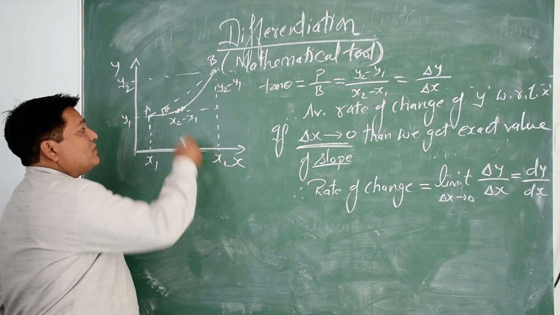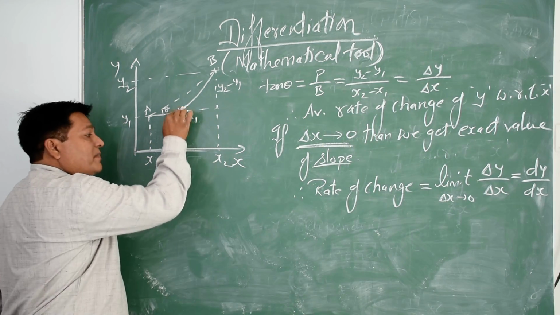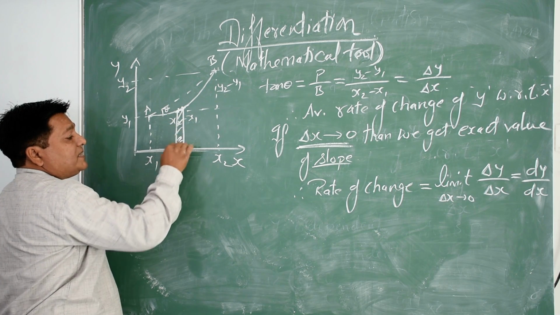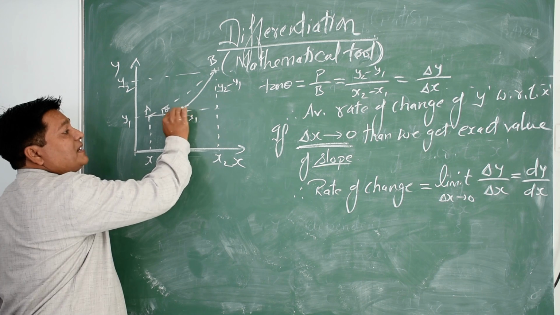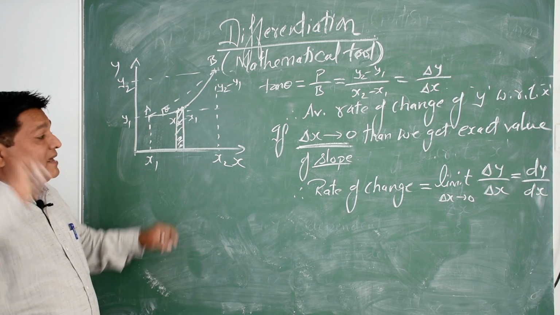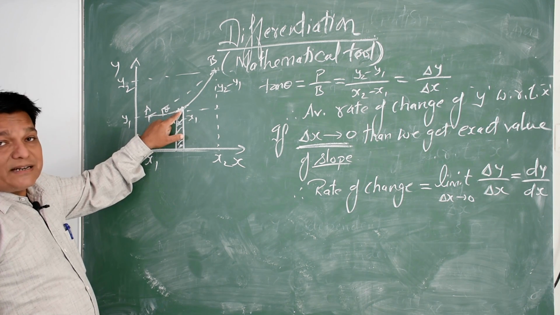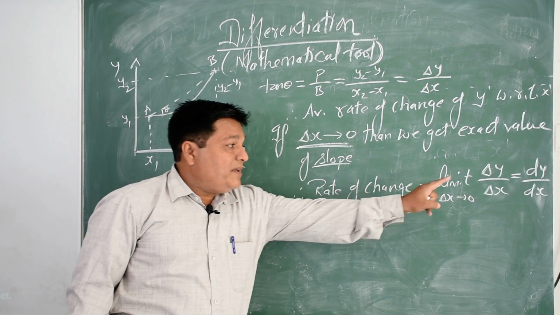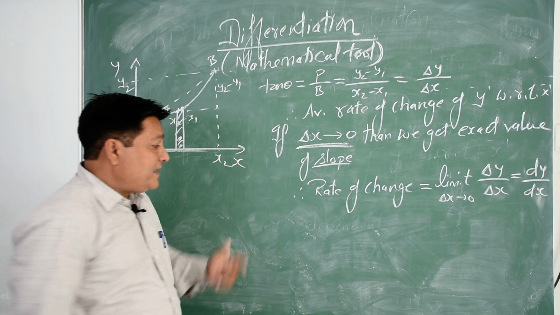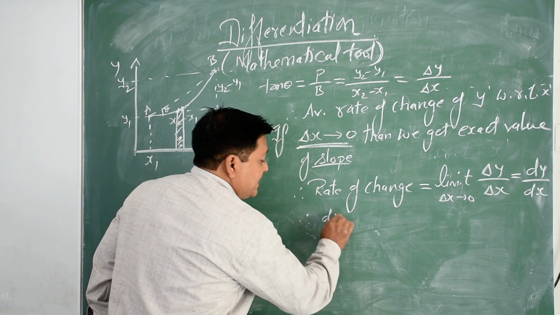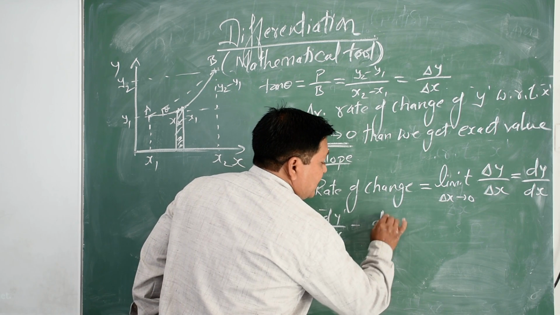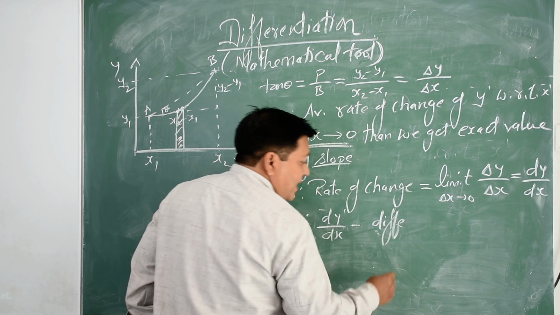When the two values of x come very close to each other here, and this very simple line is there, we can get the exact value of the slope from here. And it will become dy by dx. What is dy by dx? Therefore this dy by dx is said to be the differential coefficient or derivative of y,